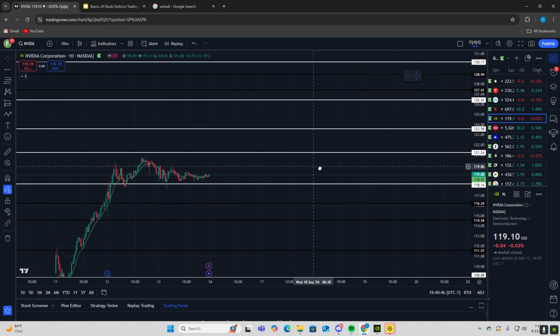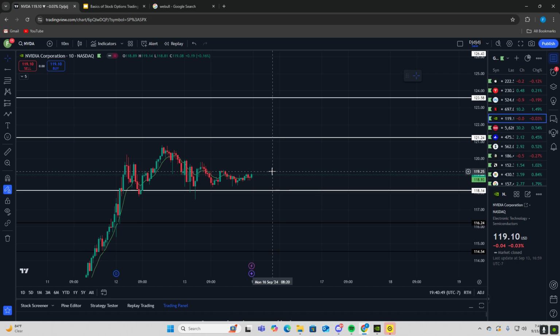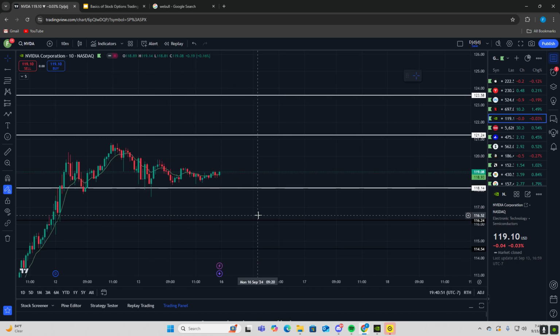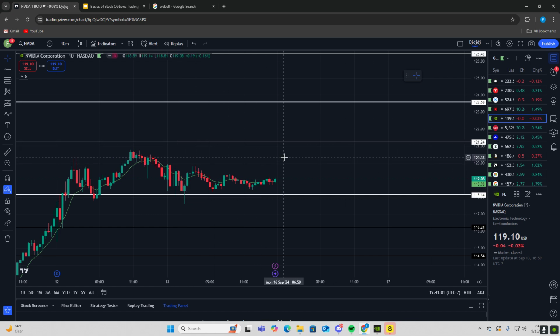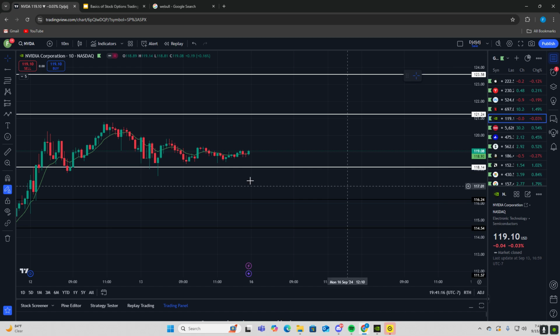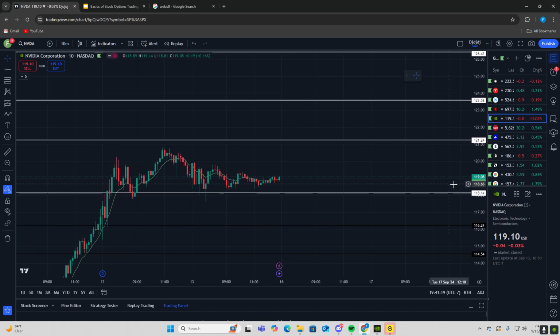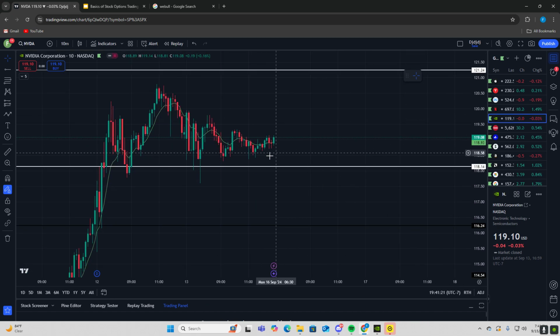So say right now you have a contract. All right, look, Nvidia right now is worth 119.10 a share. Say you bought like 100 of those. I'm not the fastest in math, but I'm pretty sure that's worth 1,900. I mean 1,190, if you move the decimal place a little bit. But yeah, and you have a contract that expires in